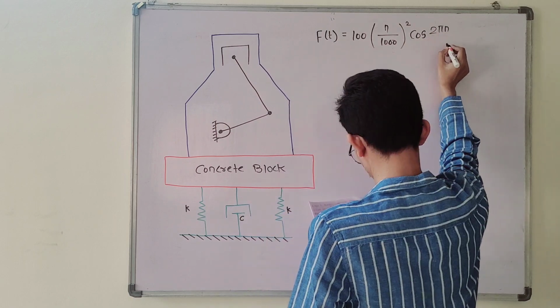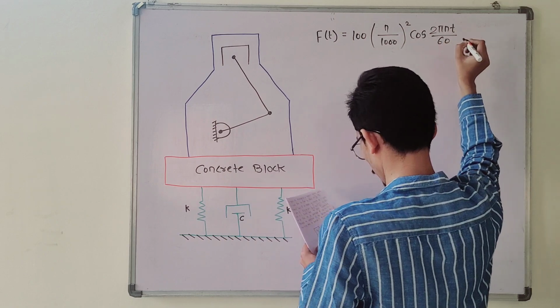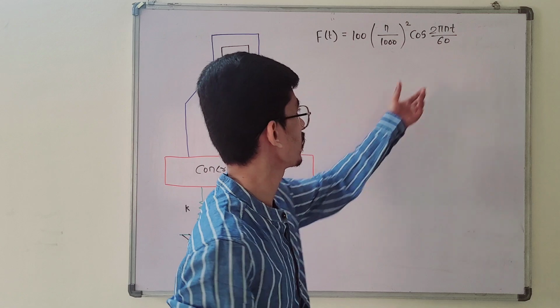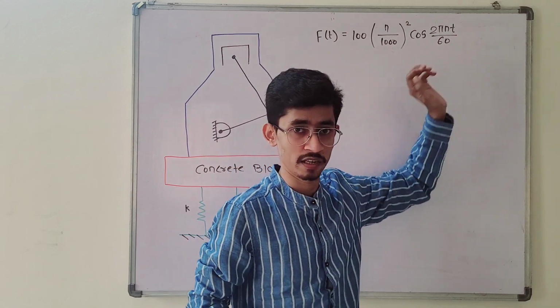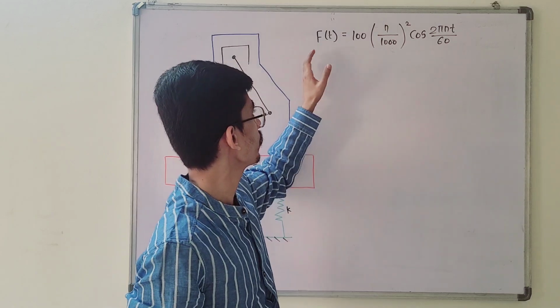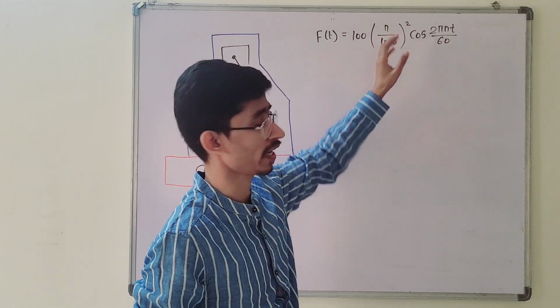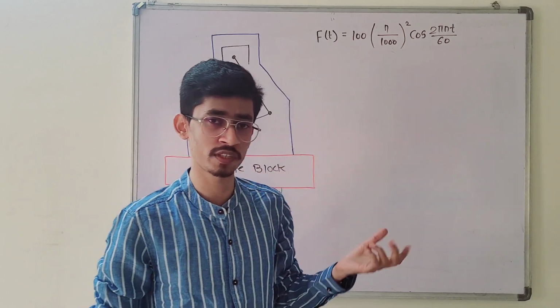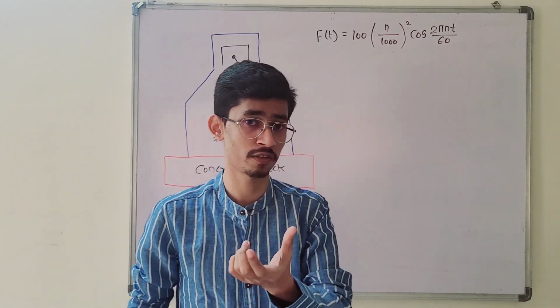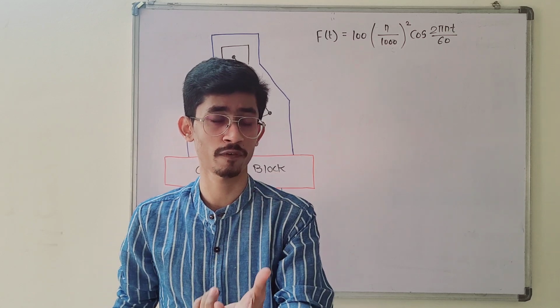This is the complete form of the equation. A lot of students have provided me an incomplete question. They have not given the latter function, cos of 2 pi n t by 60. They have provided only f of t is equal to 100 times (n divided by 1000) whole square. Actually, you can solve using that also, but the good quality equation, errorless or flawless, that is